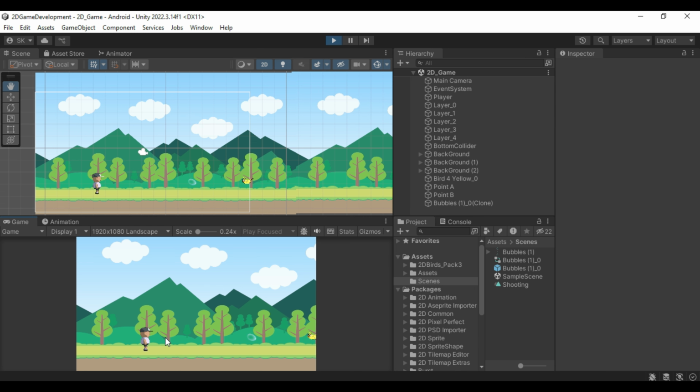Thank you for watching. Implemented a simple shooting mechanic in 2D game. This is a great starting point, and you can now expand this system with features like aiming mechanics or enemy